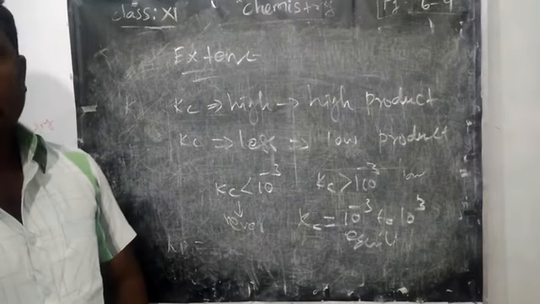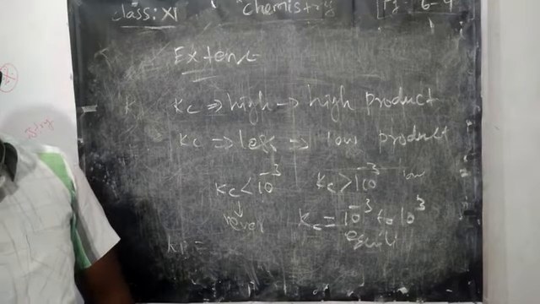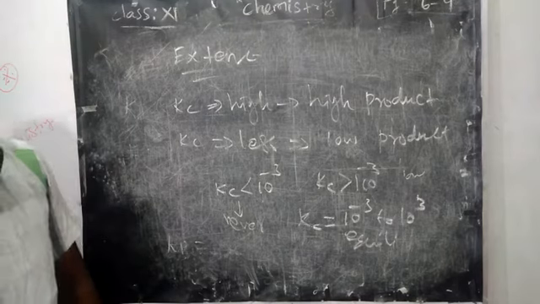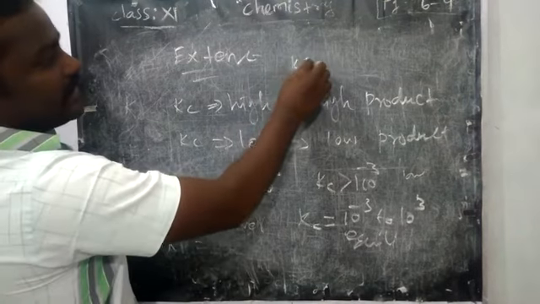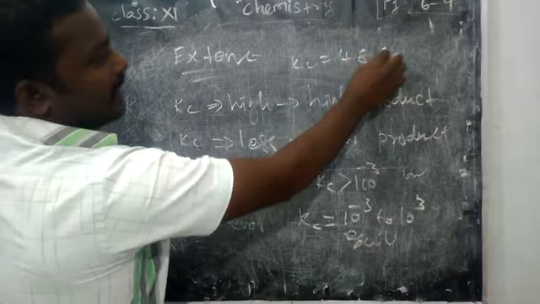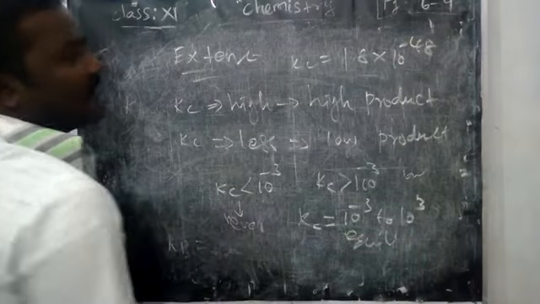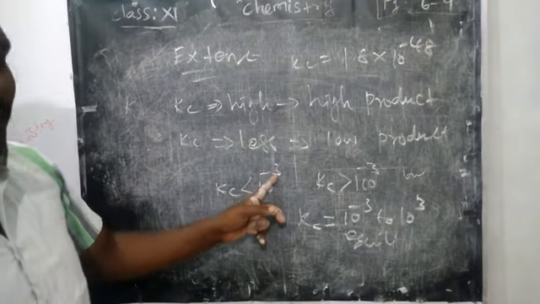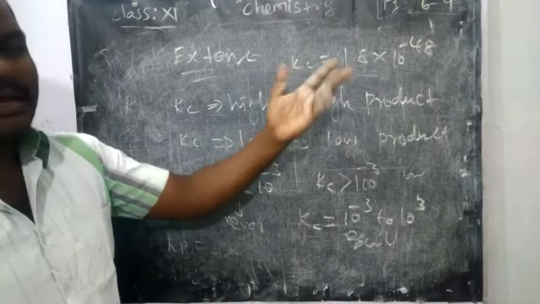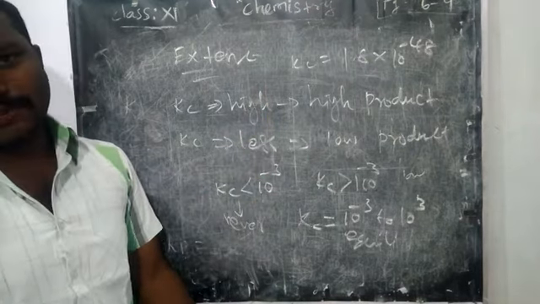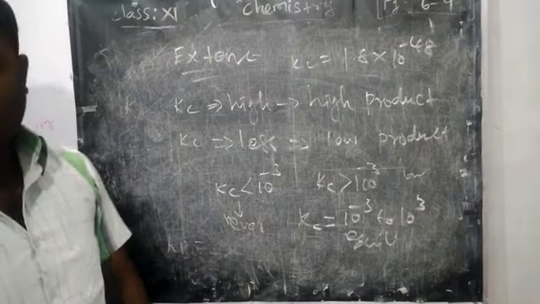Okay, page number 10, they have clearly given all the examples. One we will see for Kc value less than 10 power minus 3. For example, water dissociation is given, Kc value 1.8 into 10 power minus 16. Is this less than 10 power minus 3? Yes. So the reaction will not proceed for a long time. The extent of the reaction we can find. There are some other examples also you can learn.